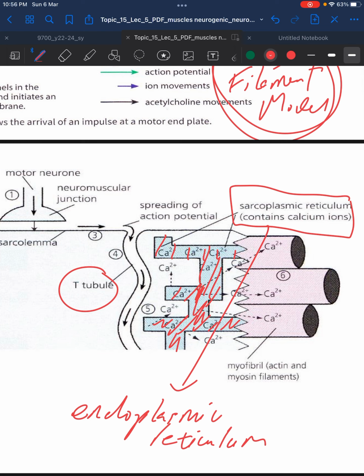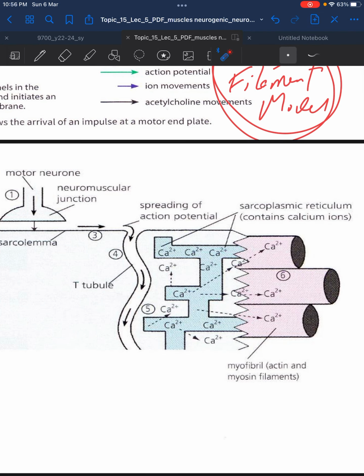The endoplasmic reticulum in the muscle is called sarcoplasmic reticulum. So it's just given a special name. The endoplasmic reticulum in muscles is called sarcoplasmic reticulum, and this is the one that contains calcium. Now, what is important here is that when the action potential travels down this T-tubule, calcium will be released from the endoplasmic reticulum or sarcoplasmic reticulum,